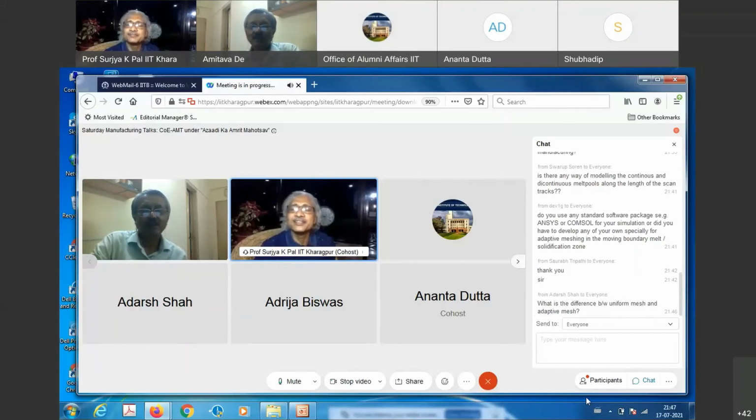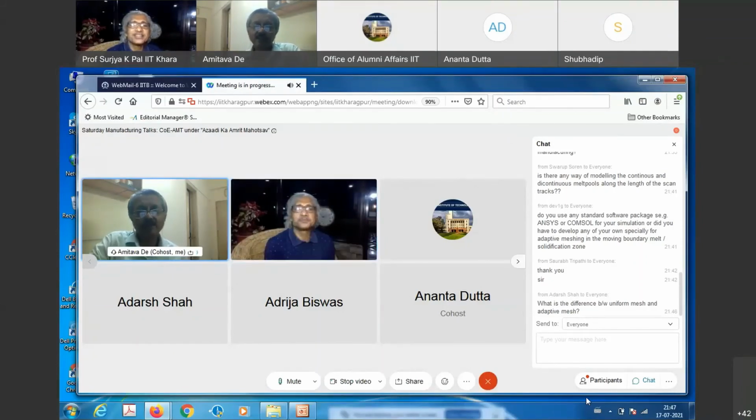Well, uniform mesh and adaptive mesh, I think I just tried to explain, it's at a local level where melting and solidification happen. Just below the beam, where the primary melting is happening, we have a fine mesh with very fine cells, but far away from that, you can have a very coarse mesh. This is very standard and has been used. The only trick people are doing here is that this fine mesh moves with the beam. So as you are depositing a layer, it is just moving.